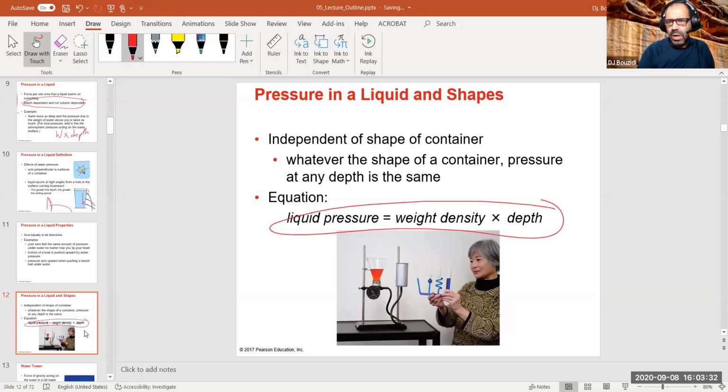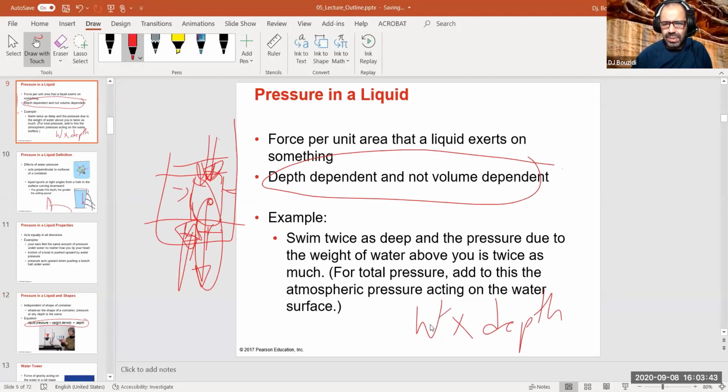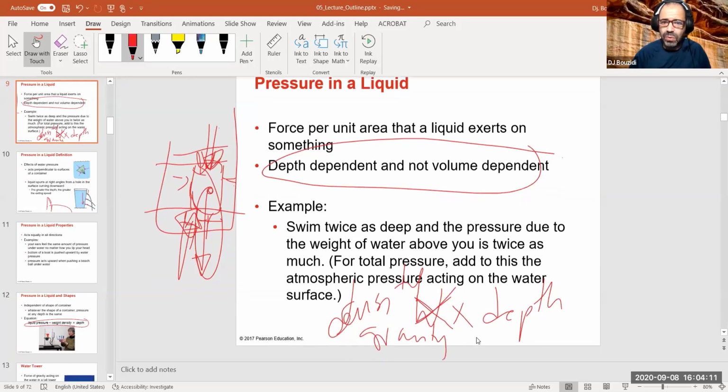The pressure depends on the depth times the weight. What did I say in there? Did I say the weight? That's wrong. That's the weight density. Okay, that's the density. The weight density is really the density of the fluid, which is usually written as the density times the gravity, not the weight. That's wrong, okay? It's not the actual weight. It is the density, weight, which is mass of the fluid times the gravity, the force of gravity. But this is not the actual mass, but the density of the object, or the density of the fluid, I should say.